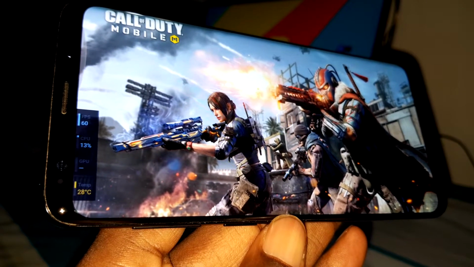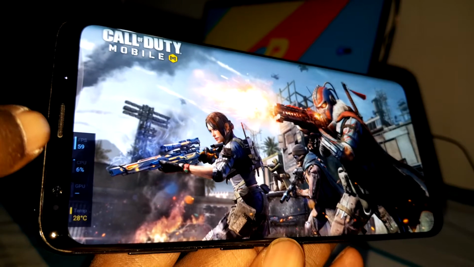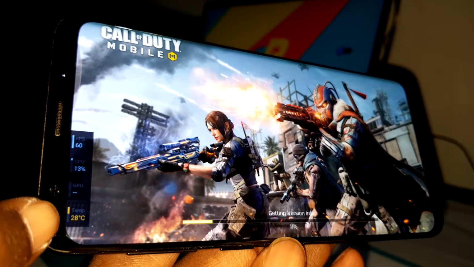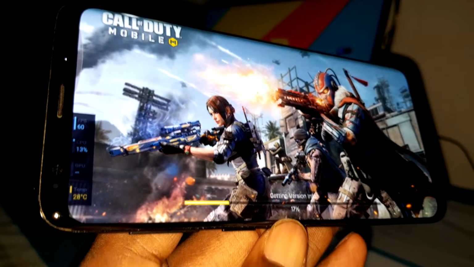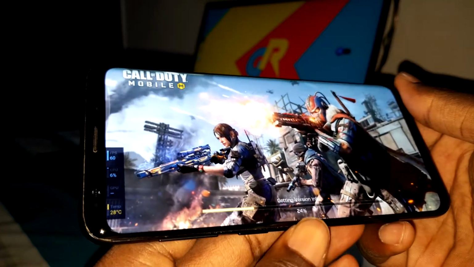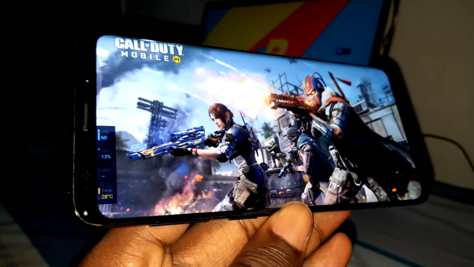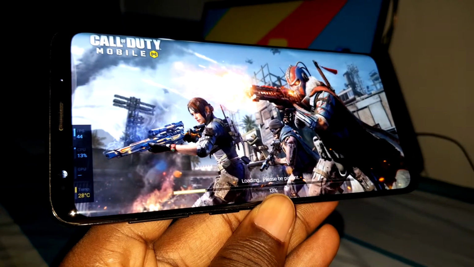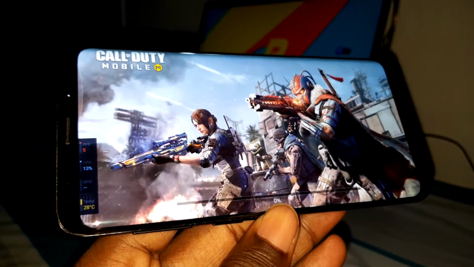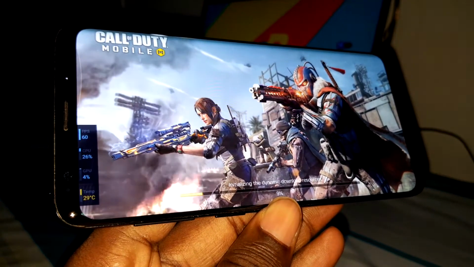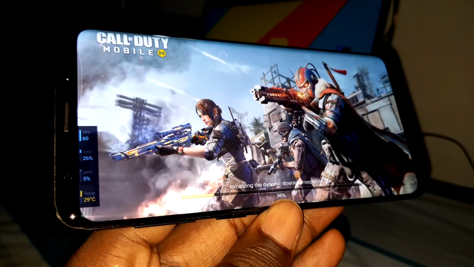Now I have 60 FPS information, CPU information, GPU information, temperature, all of this in front of you. When your phone becomes hot, you can see all of this information here. You can stop playing. You can put your phone where you want and enjoy yourself.